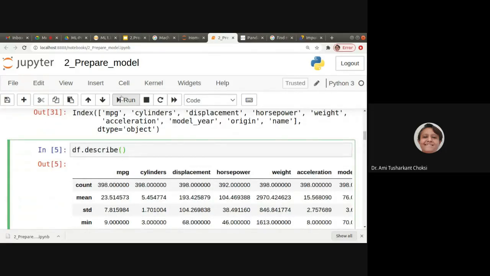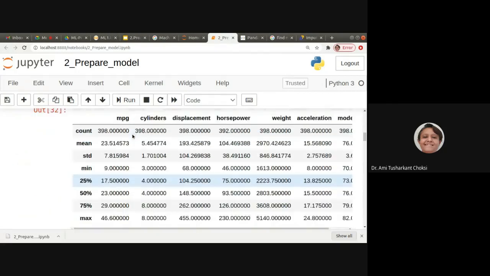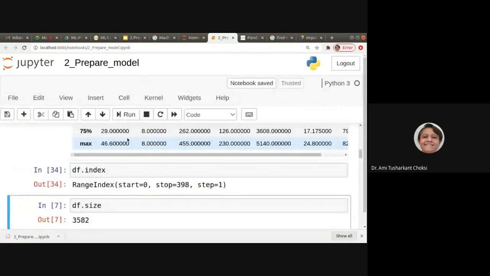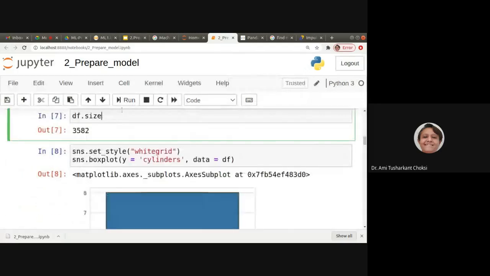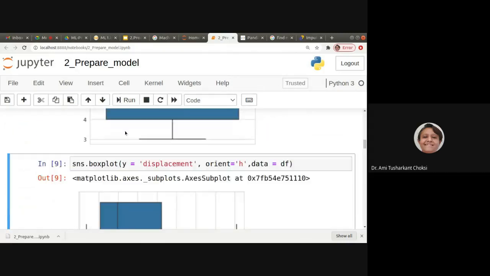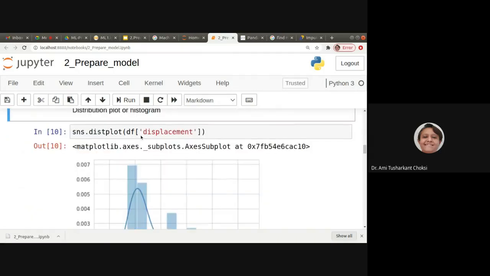We wanted the box plot data, or quartiles, so we used describe. Then we looked at the index, then the size, and then drew the box plot. This is what we did in the previous lecture, right?